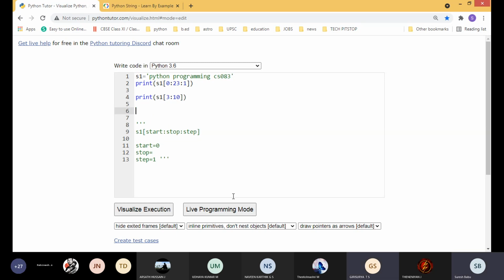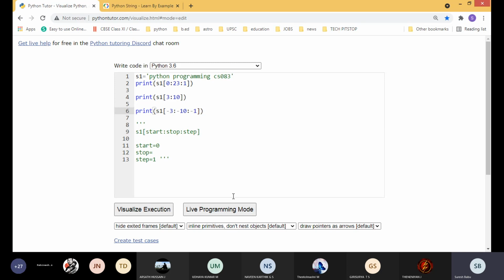And we can also use the slicing operator using negative indexing. Okay. So kindly tell me S1 of -3 colon -10 colon, and the step value you have to give as a minus value. Don't give plus values for negative indexing because it has to reduce from -3 to -10. Okay. So now tell me what will be the output, students.